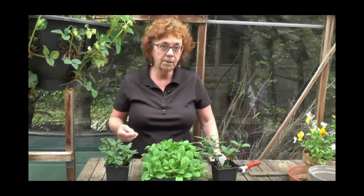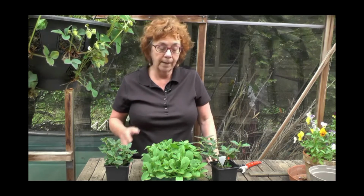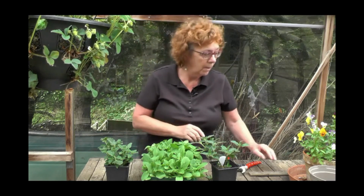So in order to keep it flowering, we take off the spent flowers, stop the seed forming, and it produces more and more flowers. And that's true of a lot of plants and bedding plants in the garden. So I've got here